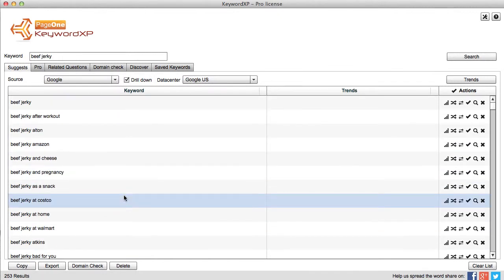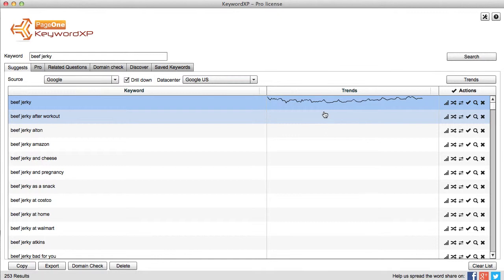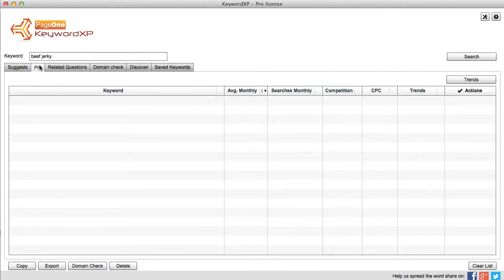So that's the at a glance view, so you can see straight away whether a keyword's interesting or not, and I can click on the trends button here, which gives me a view whether this is something that's increasing or decreasing over time. Then you can skip to the Pro tab, and I can do the same kind of